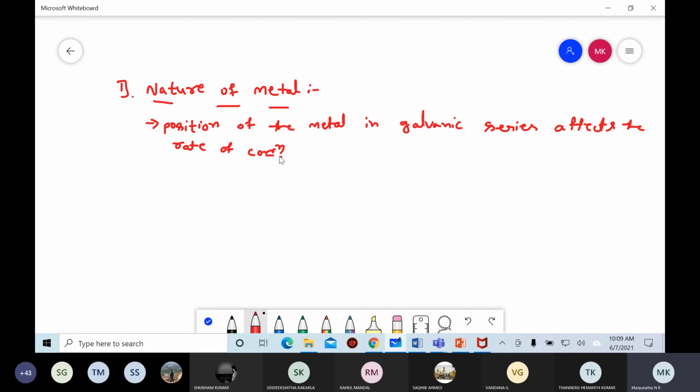That table is called a galvanic series, in which there is zinc at the top, then iron, then magnesium, then tin, then some alloys, etc. Metals are arranged such that whatever metal is higher in the series undergoes corrosion very fast compared to the metal which is lower in the series. This is first one. Second, another one is, a metal having low electrode potential